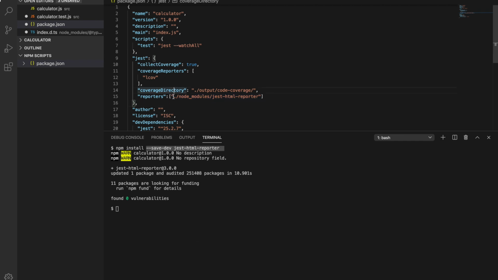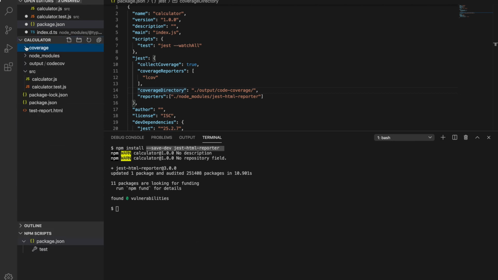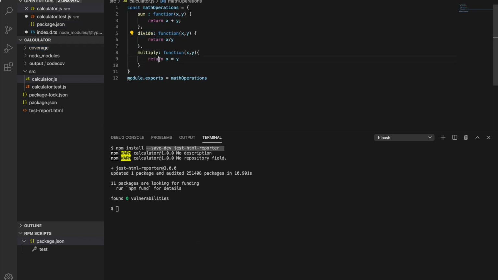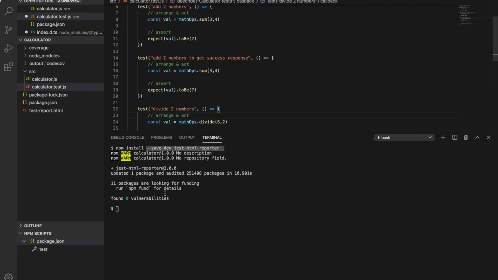And if I now run this test, you should get a report created in your base directory. So if I run these tests using npm test,